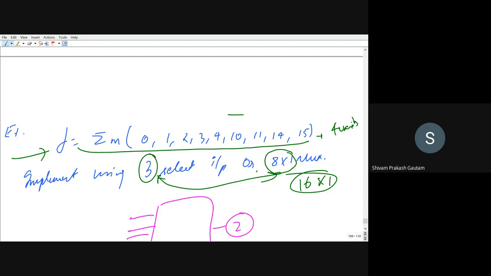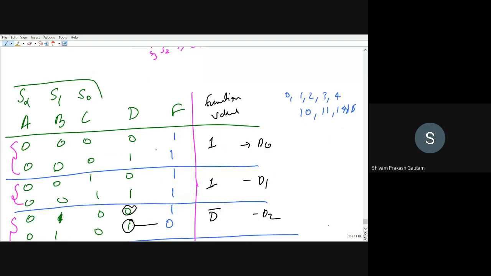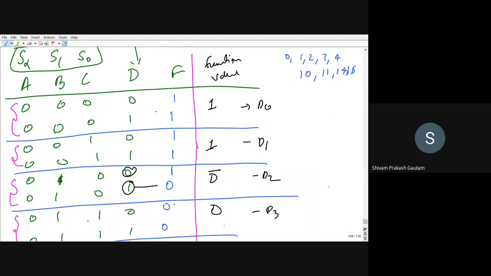Min terms mean that at this input our input will be 1, and for all the other cases our input will be 0, right? But we have to implement it using an 8x1 multiplexer. So in these cases, you can use 3 variables as select lines and 1 variable as an input. Same thing I have done. 3 select variables, you can see A, B, and C, I have used as select variables, and D is the other variable here. Then I have drawn the table, and in that table I found a pattern.